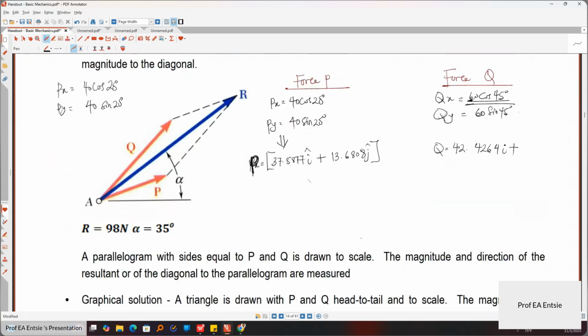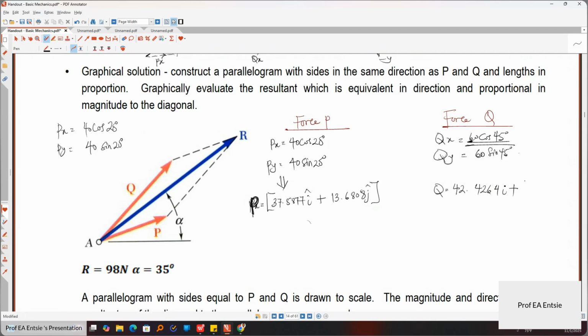So plus 60 sin 45, which you write the same answer because cos 45 and sin 45 are the same. So 42.4264 J. So this is the component or the representation of the forces P and Q in the Cartesian form. So now after we've gotten this, we find the